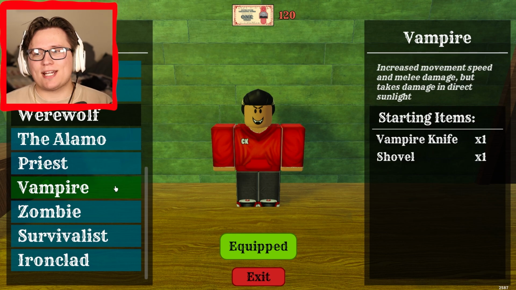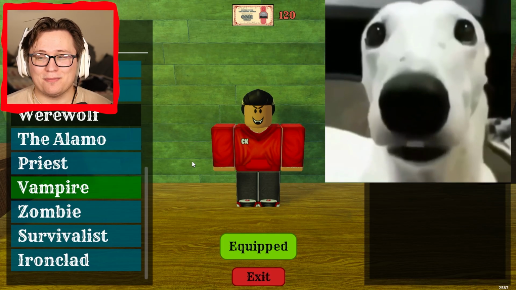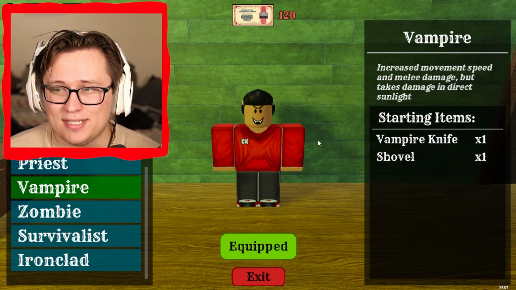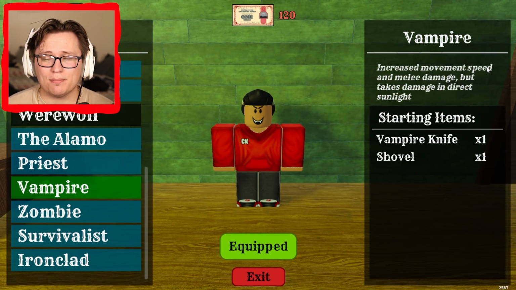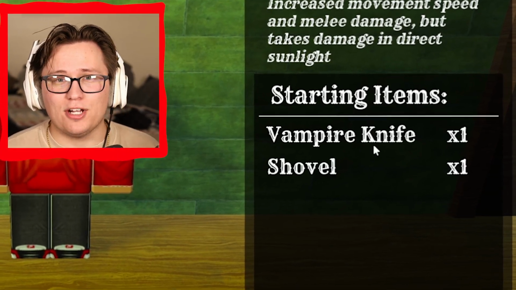Alrighty boys, up next we have the vampire class. It's another case where people are probably gonna be mad at me. The vampire class. The only good thing about this class, in my opinion, is using the increased movement speed, because bro, you can go super fast, especially if you combine this class with some snake oil. Also, the vampire knife is really fun to use, but once again, I kind of just don't think the vampire